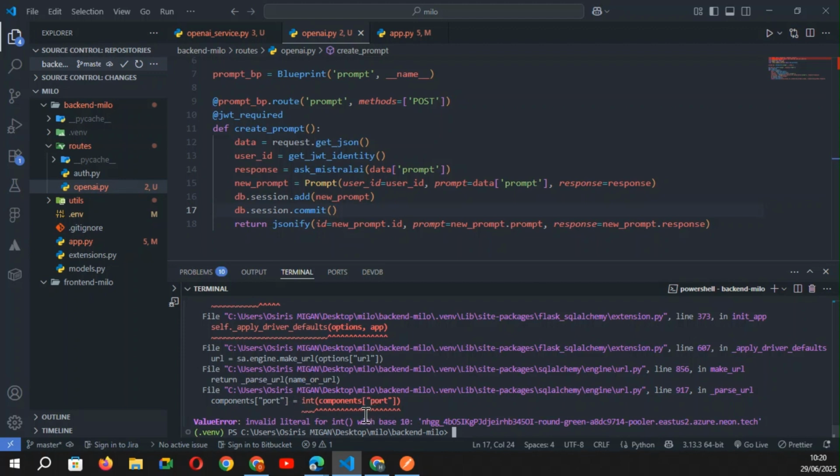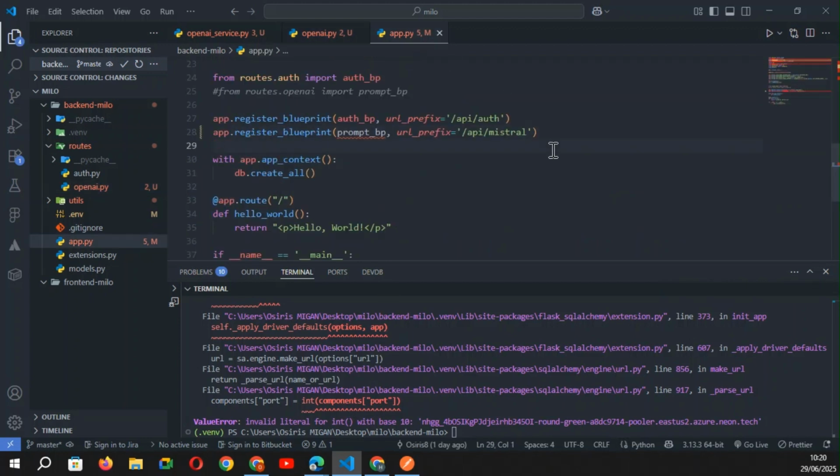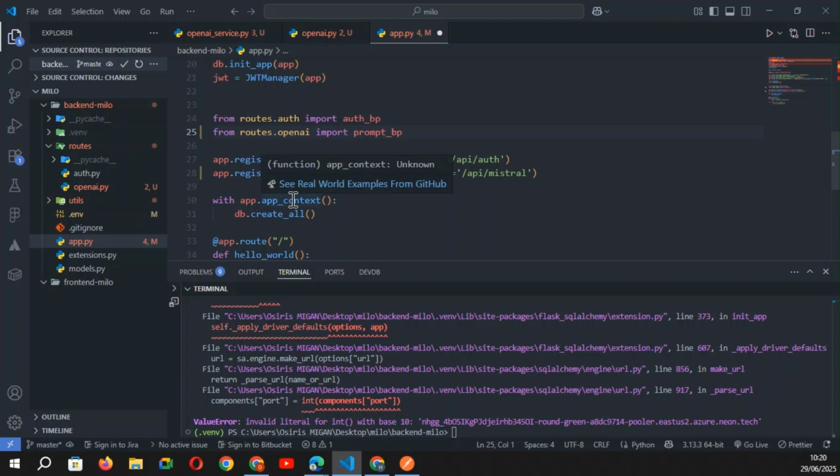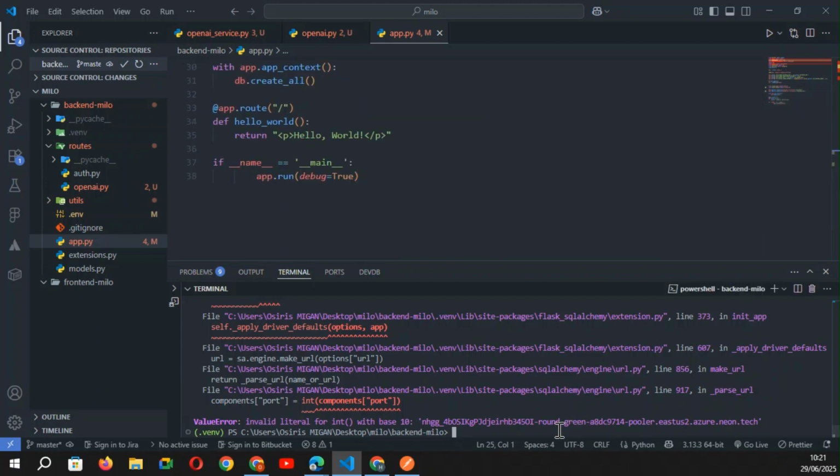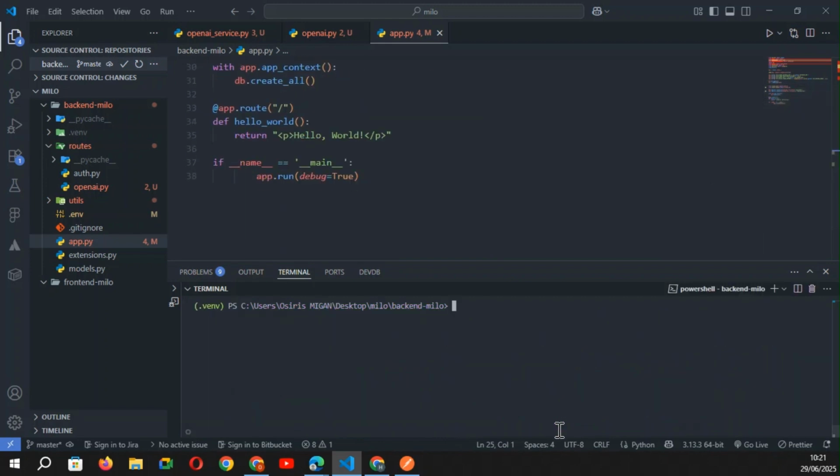Okay, so here, I use a prompt BP blueprint. So if I save, I need to use a root. Okay, I need to use a root. And now if I save and if I try to start again my server,